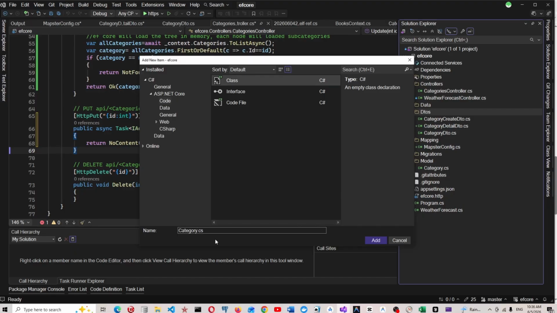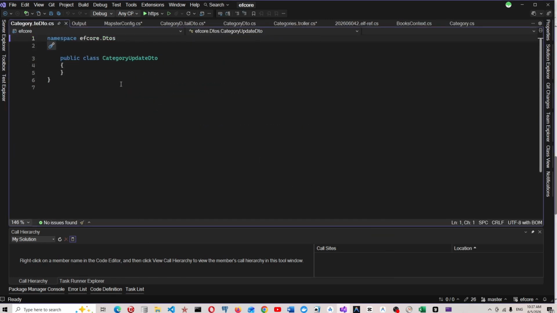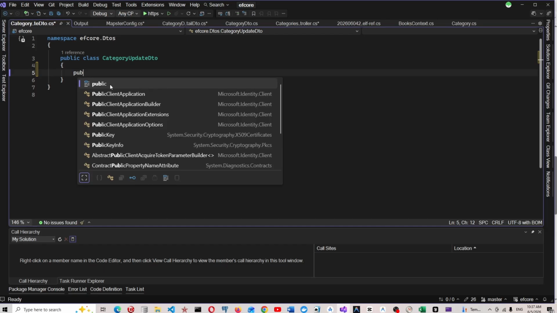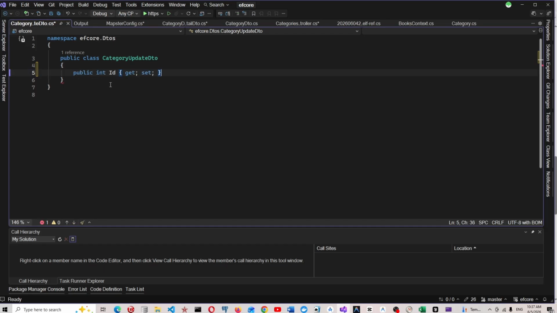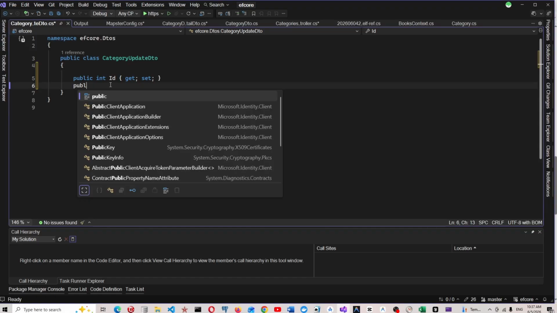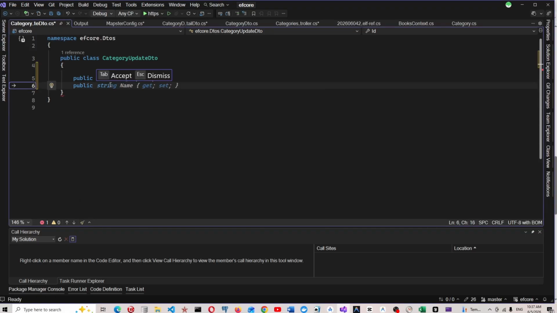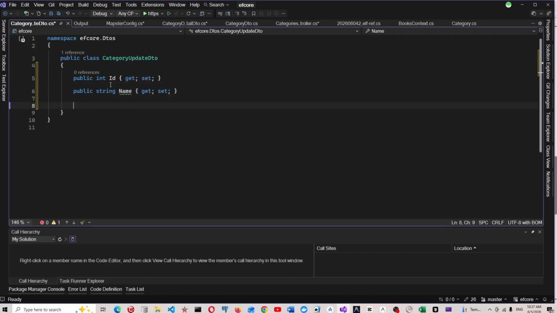Category update detail will be int of ID and public string of name, and